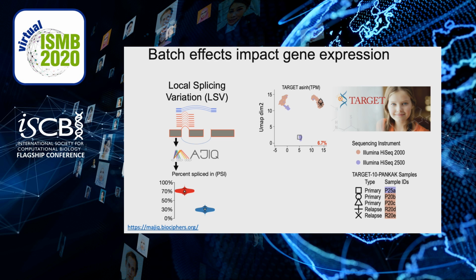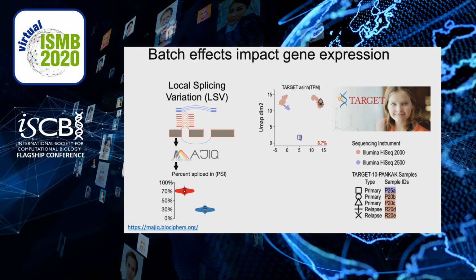To illustrate why this is problematic, I've outlined with a square a sample that is a technical replicate of the samples outlined in a circle and a triangle. These technical replicates cluster with samples from the same batch rather than with each other. Furthermore, I've quantified that 6.7% of the total variation in gene expression across this dataset is due to this batch